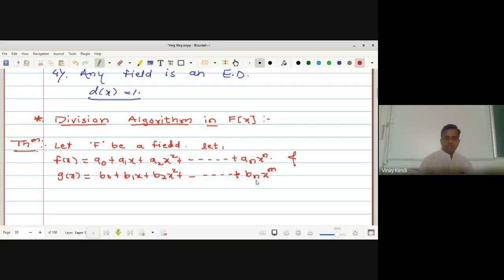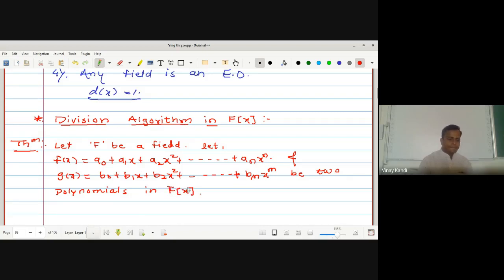I don't know whether m and n are equal or not. These are two polynomials in capital F of x,